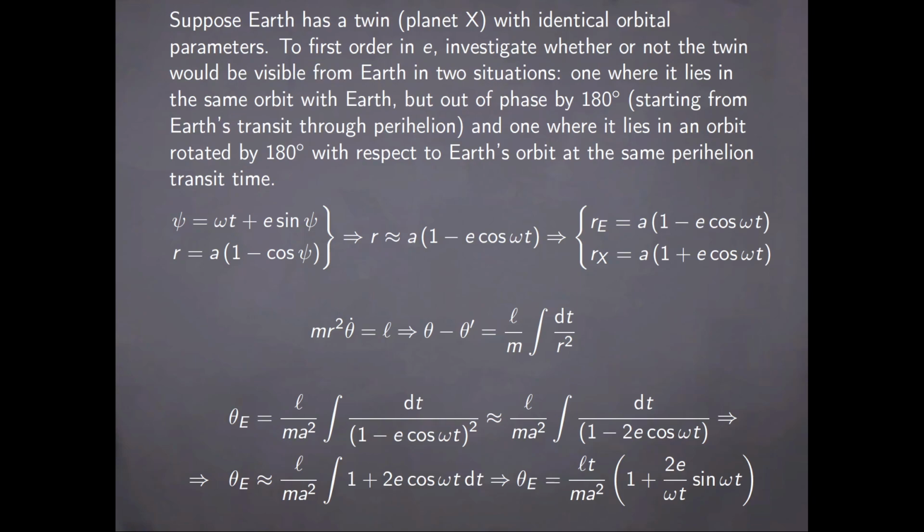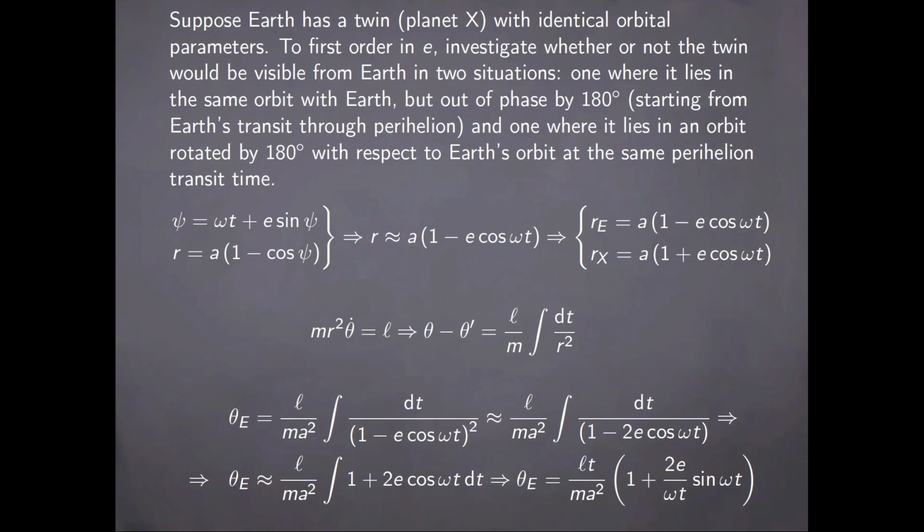And from these two things, to first order in the eccentricity, we have this expression for the radius, and then we can write the initial radius of the Earth is just the perihelion point, while the radius of planet X is the aphelion, both being measured with respect to the Sun, which is located at the origin. Now, from the conservation of angular momentum, up to some integration constant theta prime, the polar angle